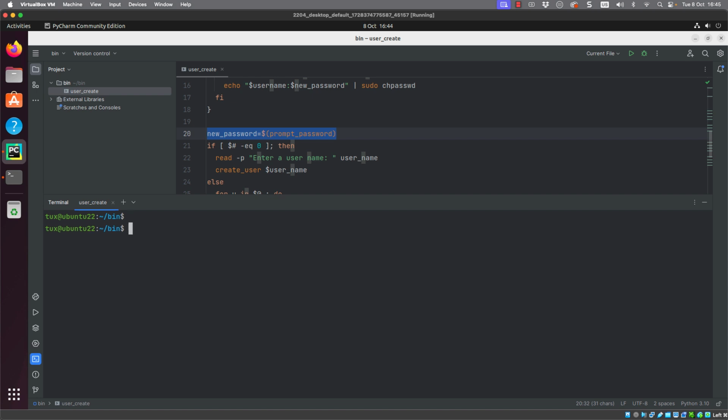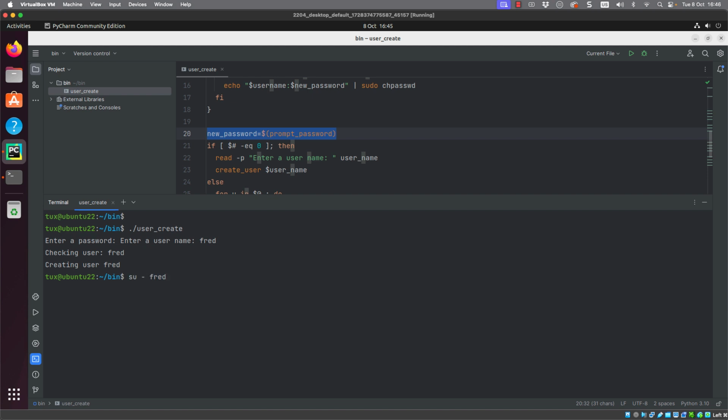With our command prompt open, we can go through and execute our script. If we execute it without arguments, note the prompt. We're being prompted now for a password. That was the first thing that we set, so that can be used whether we're processing arguments or prompting for the username, which we now see. We've created our user, and it should have the password set now. And you can see at no stage was that password echoed to the screen.